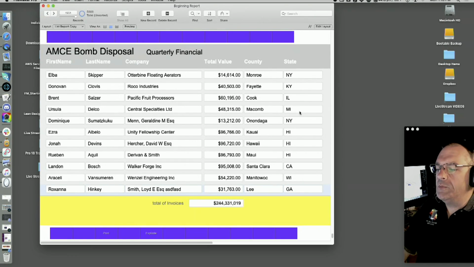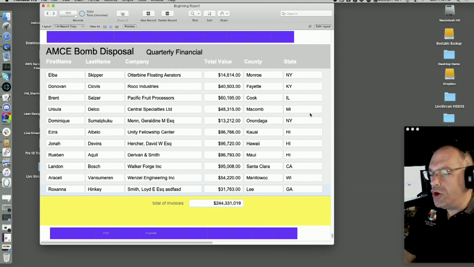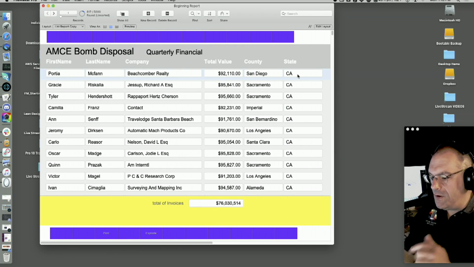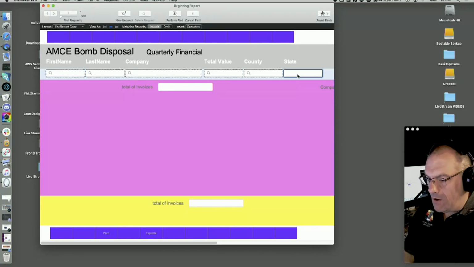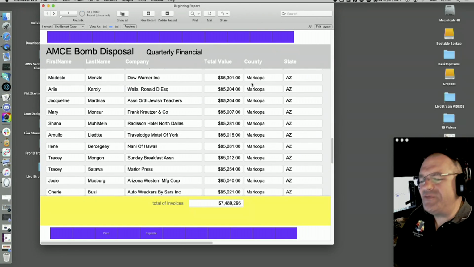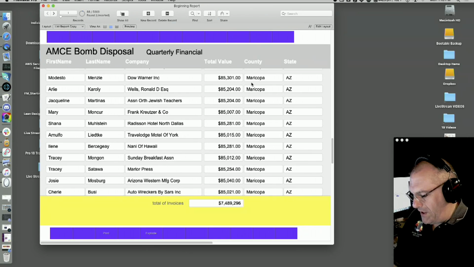So if you want to say, give me all the reports and I want to see the totals for each state, you could go, okay, boss, no problem. I'm in California, I'm going to start with California. Here's California, do it, print it. Okay, there's a printout. Now, find again, I want Arizona, AZ, right? Okay, and then you do that one. You've got to do this 50 times or whatever it is, and it's going to suck. And so what you want to do is, see, we get taken off course here really easily.